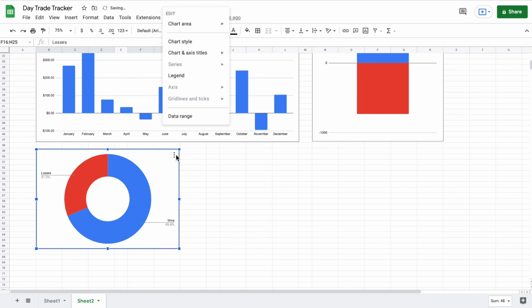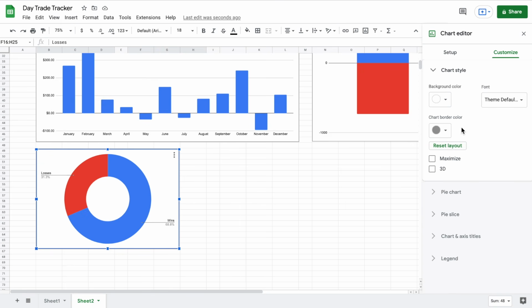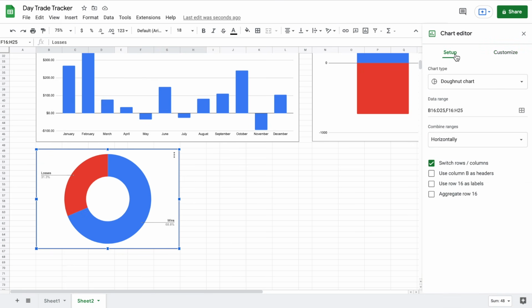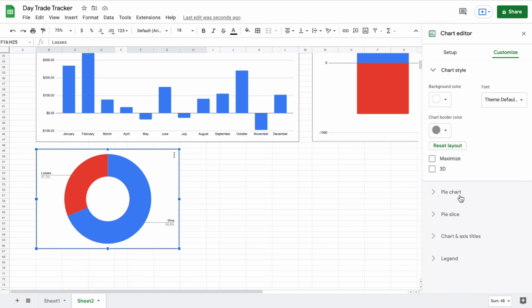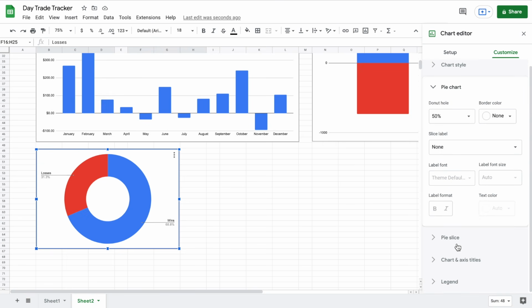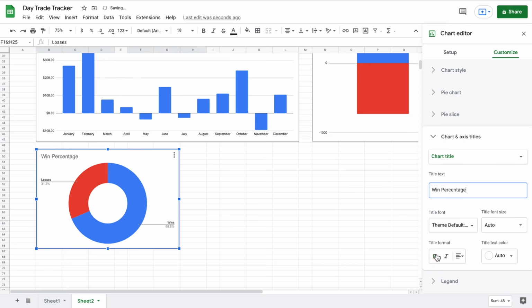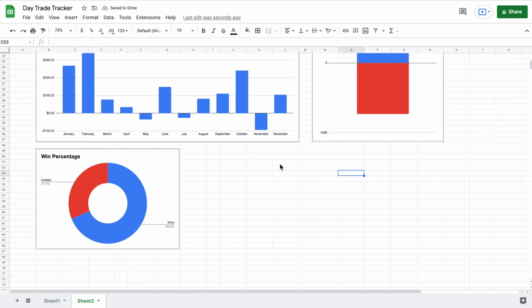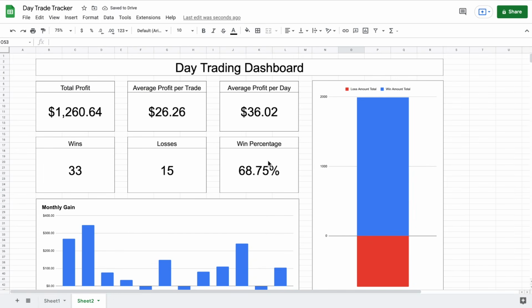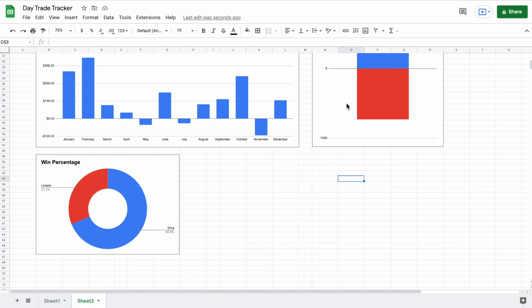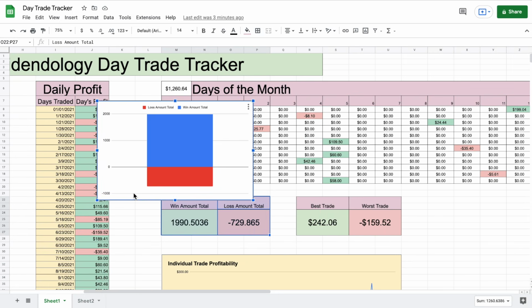And let me go ahead and bring this just a little bit to the left, and we're going to go ahead and add a title to this chart as well. And I'm just going to go ahead and title this win percentage. And we want to make this title easy to see, so I'm going to make the font black and bold it out. And the very last chart that I want to see is I want to see my days traded